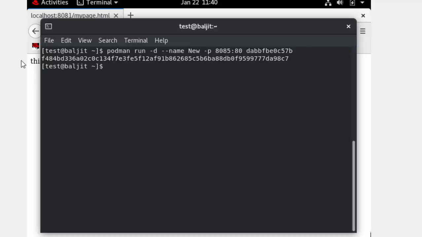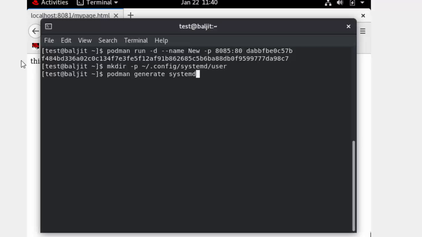The process remains the same. The only thing I'm going to discuss here is the systemd part, how it differs for the root user and for the normal user. In this case, first you need to make a directory with mkdir -p in the user's home directory. In the user's home directory we need to make this entry, .config/systemd/user, and then you use podman generate